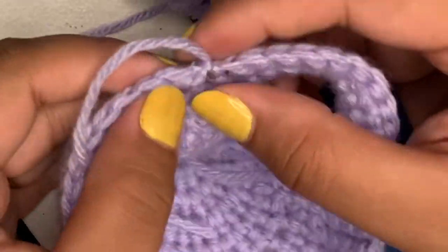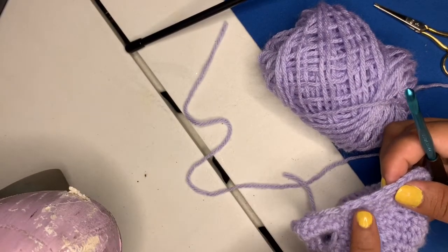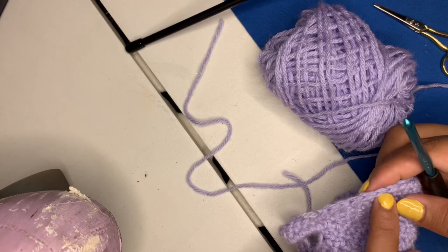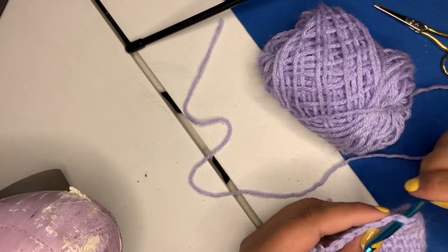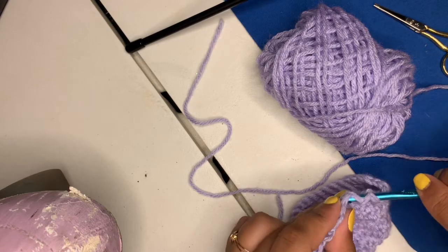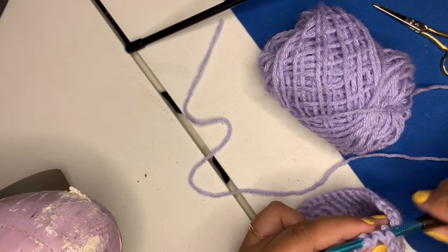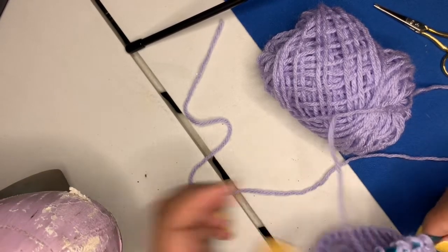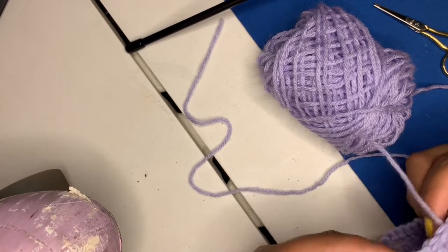So what you can do is crochet these into the stitches so that they're not coming out. So that's one. This where we ended off. So 1, 2, 3, 4, 5, 6. So on that 6th one, I'm going to go from the back, go through, out, in, out, in. So basically I'm just weaving through those chains, and then I'm going to pull those through here, pull that,